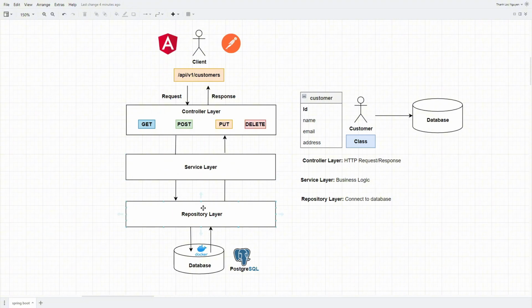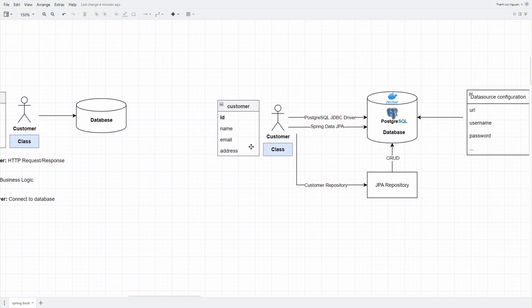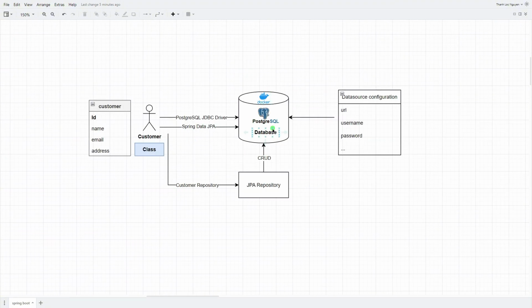And the last one we want to set up is the repository layer in here. But before implementing this layer, we have some jobs to do. The first is to set up a Postgres database running on Docker. And the second one is we need to add some dependencies, which are the Postgres JDBC driver and Spring Data JPA.